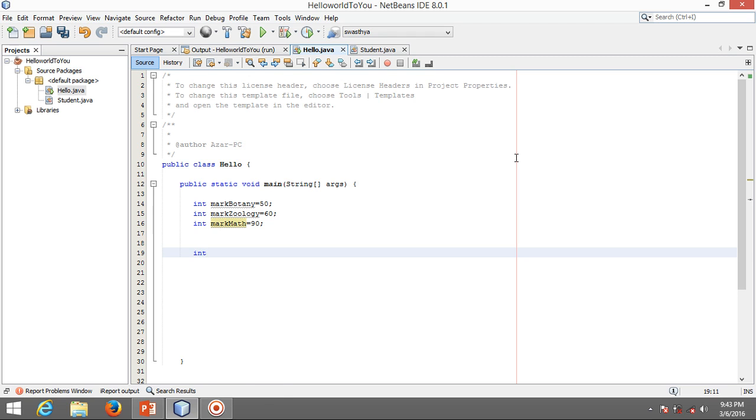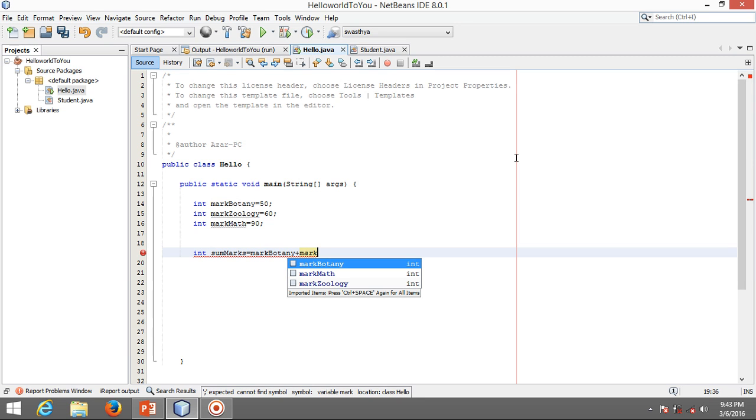Now we will create another variable, that is sum of marks, which will do the addition. So we will do marks of botany plus marks of zoology plus marks of math.